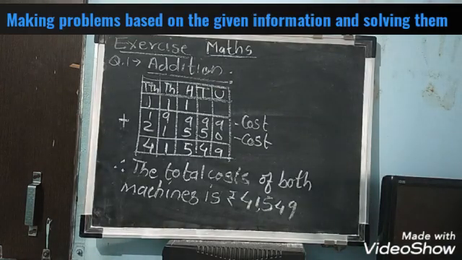What is your question? Based on the given information, make one addition and one subtraction problem. One addition problem we have made, right? One subtraction example is remaining, but we have to use the same information. So what was the example? The cost of one given will be the same. Okay, from the same information we have to make addition and subtraction example and solve. Now we will make the subtraction example.